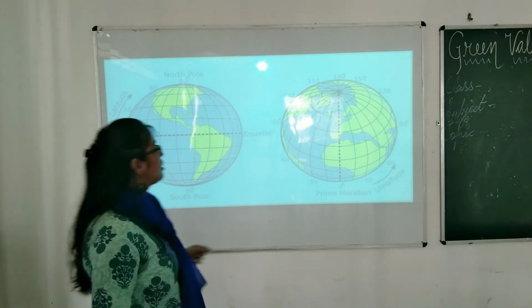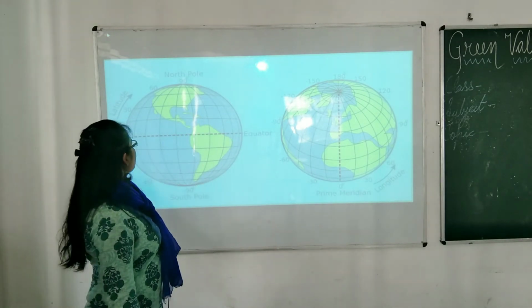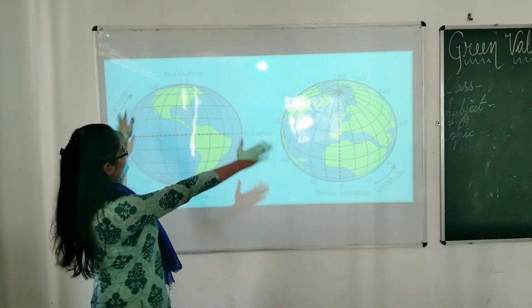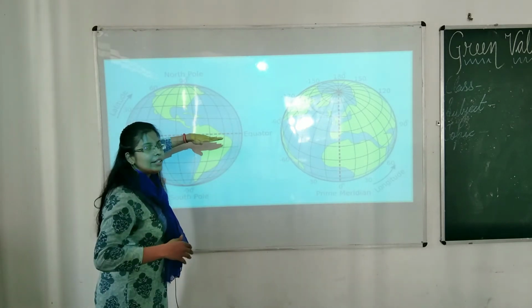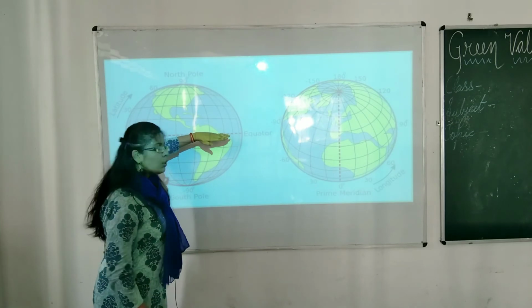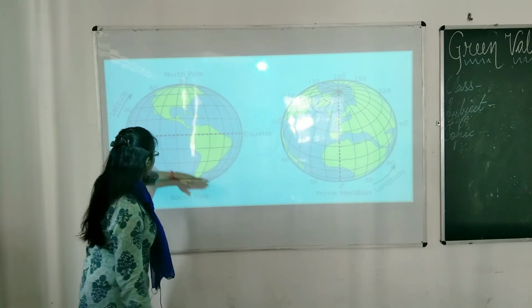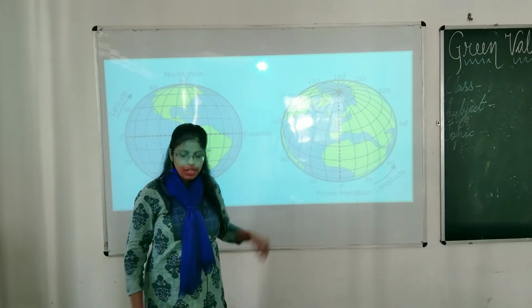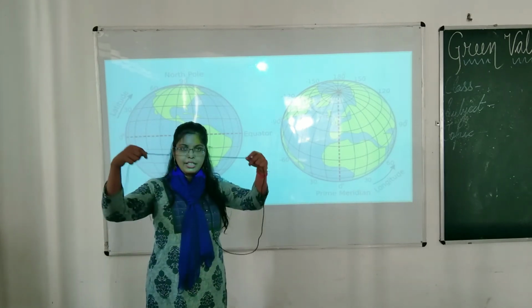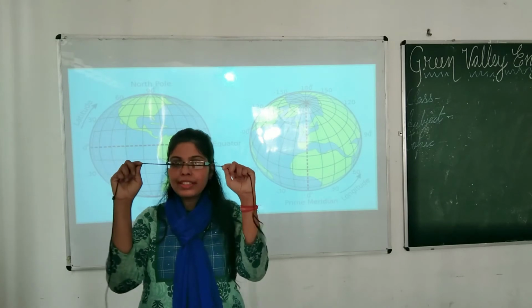Now say this, just say this. Try to understand this diagram. Now you will find a line like this, लेटी हुई line, a sleeping line. This line is called latitude. For example, I take this, so this is students latitude.